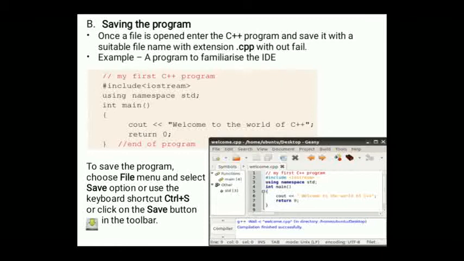After saving the program, the next step is compiling and linking the program. That is, the next step is to compile the program and modify it if errors are detected. For this, choose the Build menu and then select the Compile option.